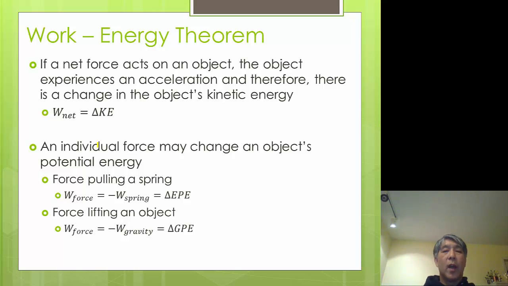So that brings us to the work energy theorem, which we talked about last year. In this case, what it says is that the net work done on an object corresponds to the change in the object's kinetic energy. I don't like this formula all that much because I don't like just thinking of the kinetic energy. There are times that it makes more sense to think of the work being done as changing an object's energy. It could be potential energy or kinetic energy, but I don't want to just focus on the kinetic